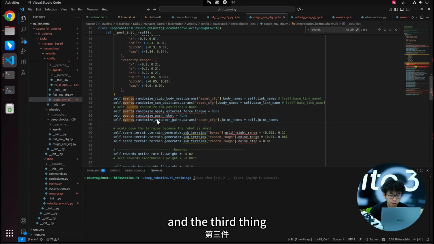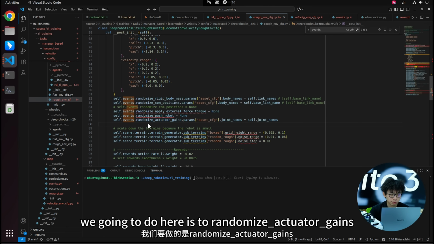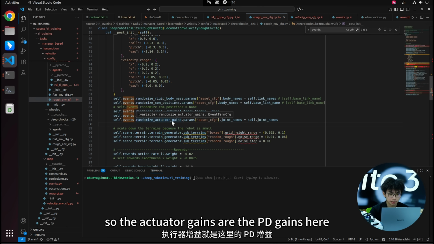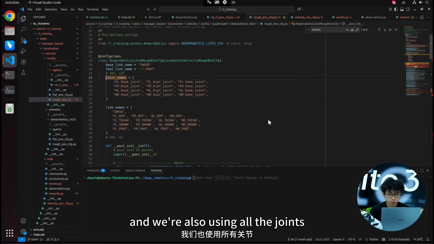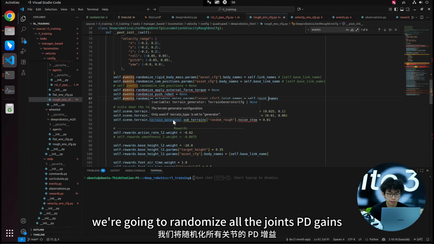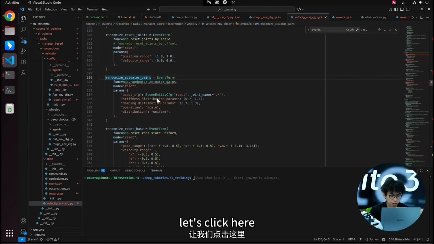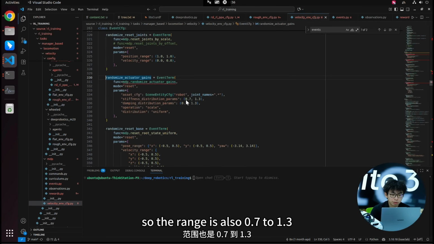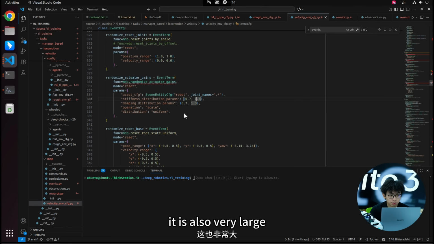And the next thing we're going to do here is to randomize the actuator gains. The actuator gains are the PD gains here. And we're also using all the joints. We're going to randomize all the joints' PD gains. Let's click in here. So the range is also 0.7 to 1.3. It is also very large